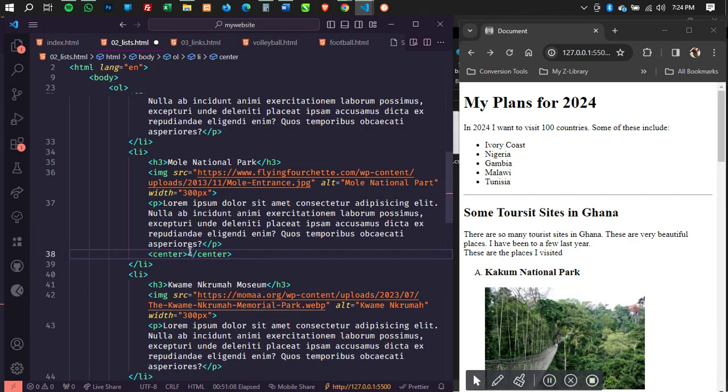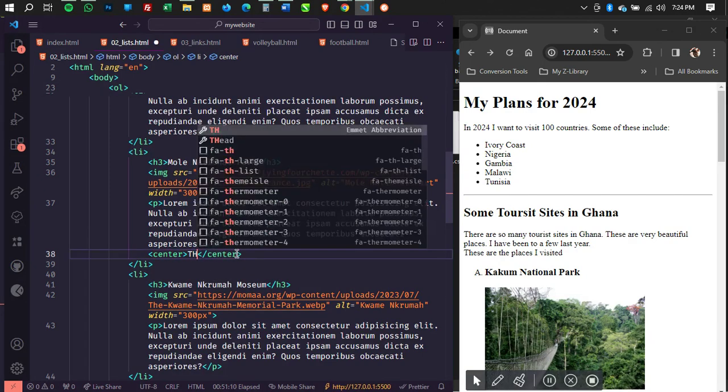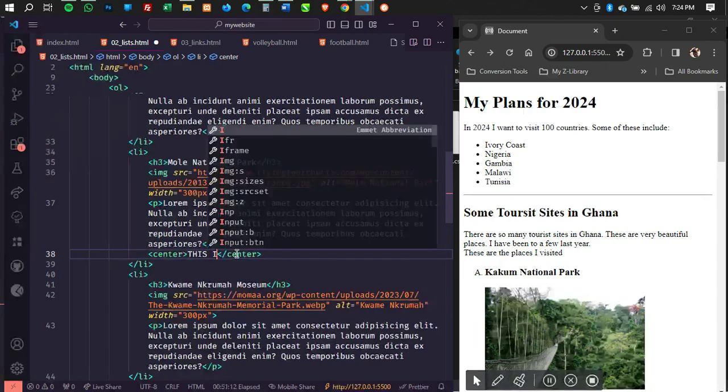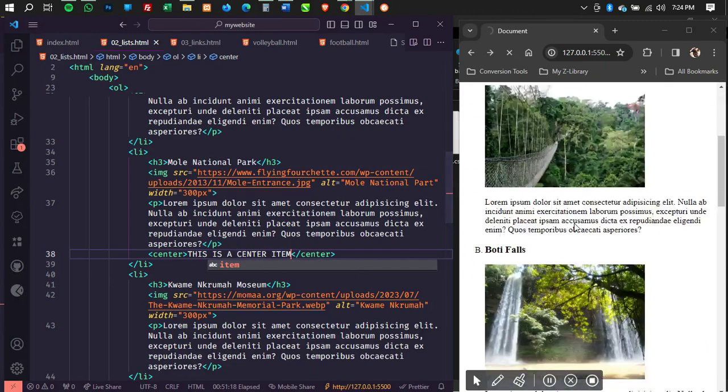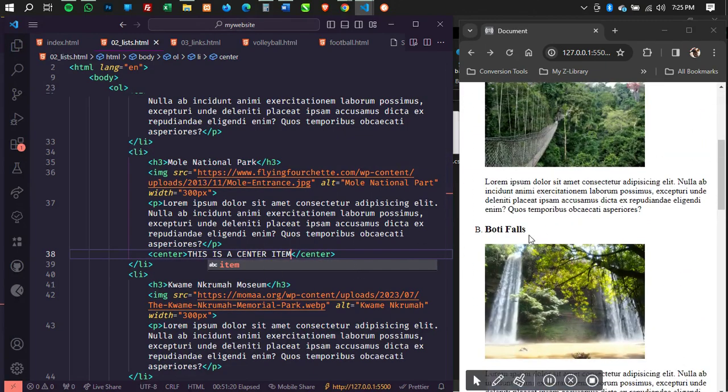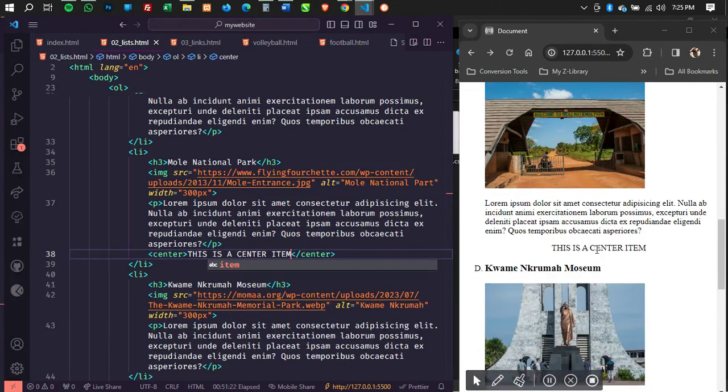So center is also another element which helps you to center items. Let me save. And where is my mole? All right, so over here you realize that that pushes it to the center, so you can use the center element to center an item. That's also another element. Ajuman, I saw you raised your hand.